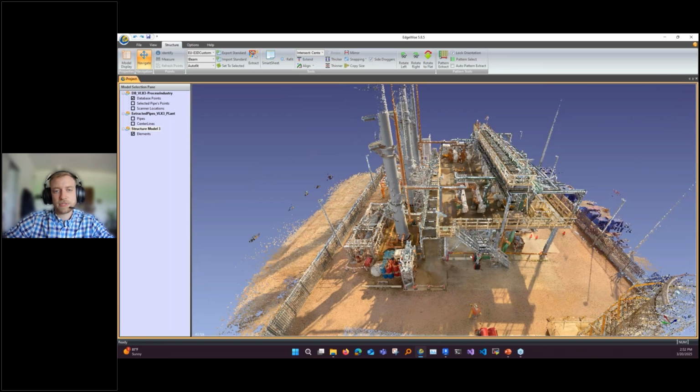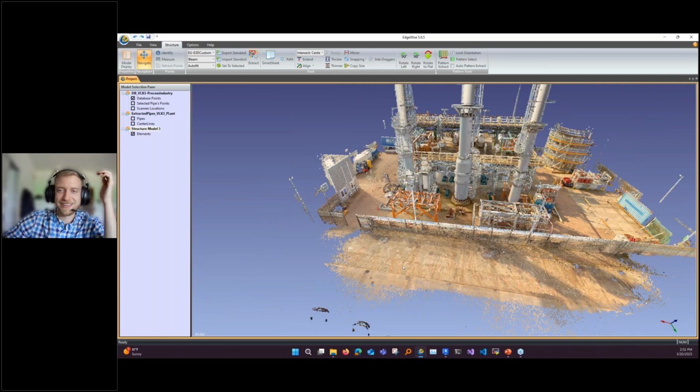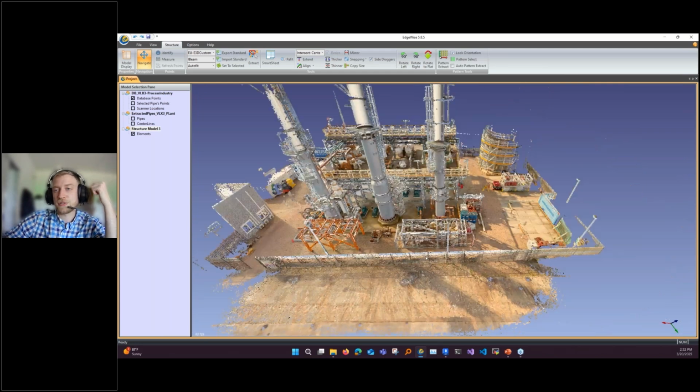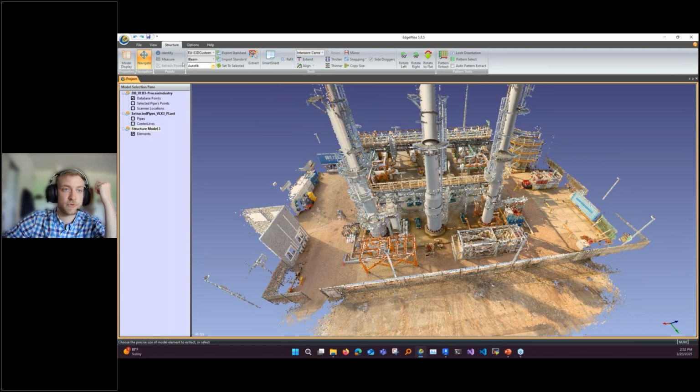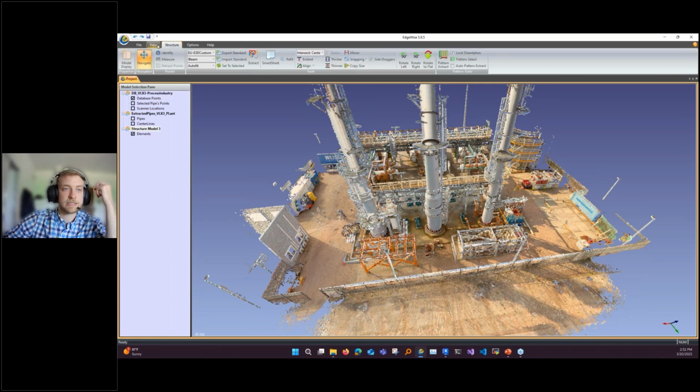The last things I want to talk about, so we didn't get too much into the ducting things, and I think this is just a lot of information. I will say a couple pieces. So ducting and cable trays are the same basic controls as structure. So if you want to make a duct model, you're going to do the same thing. You're going to go here, make a blank duct model. It's going to create a duct,